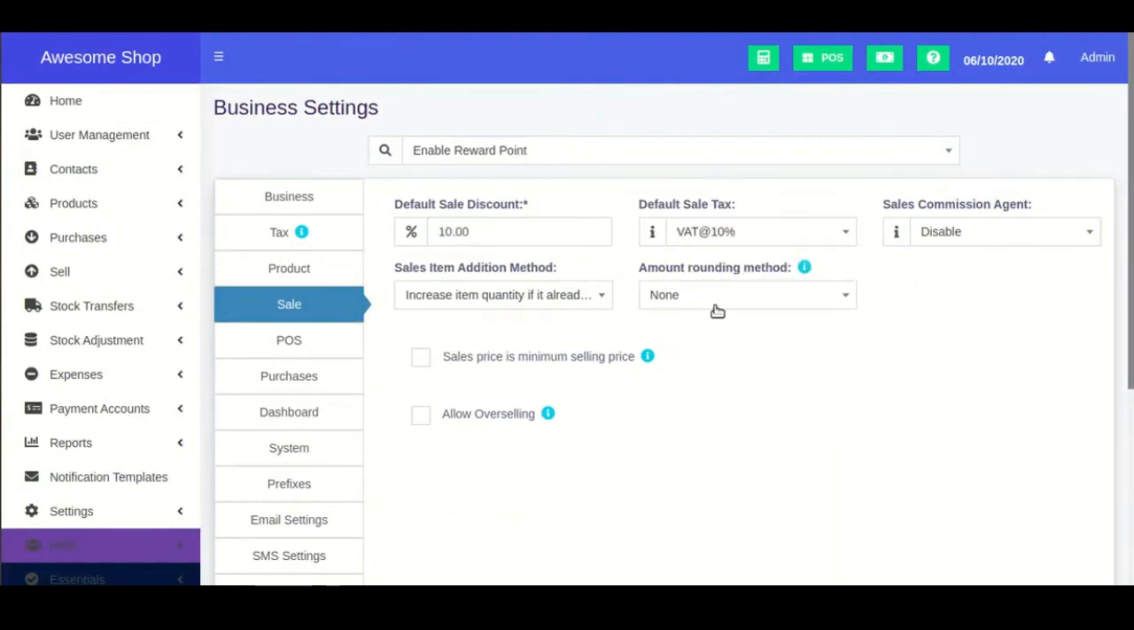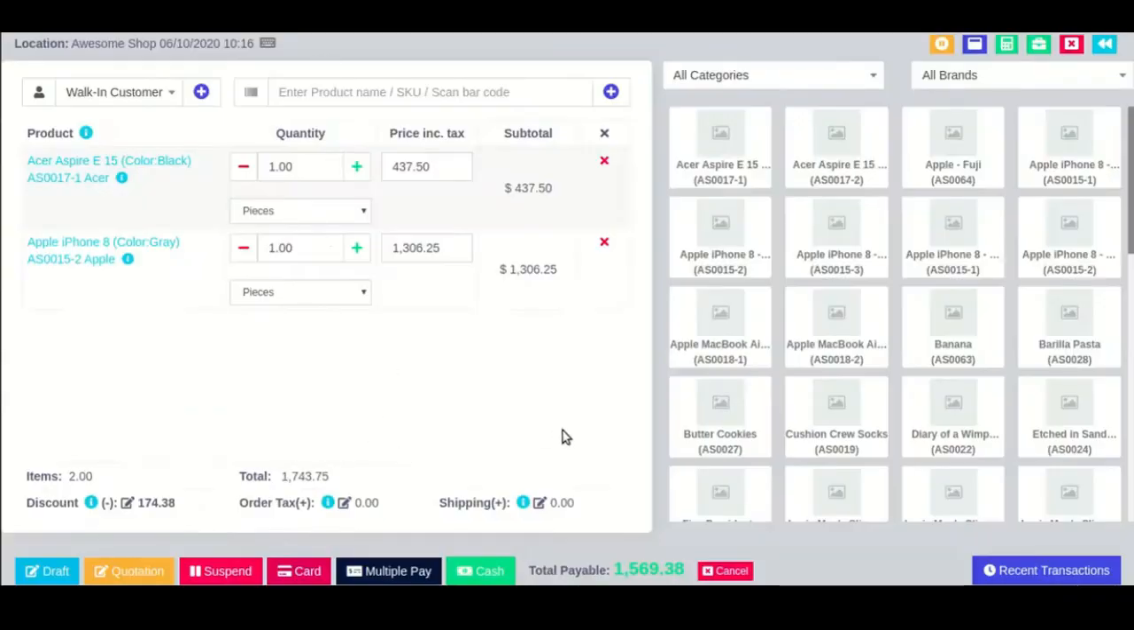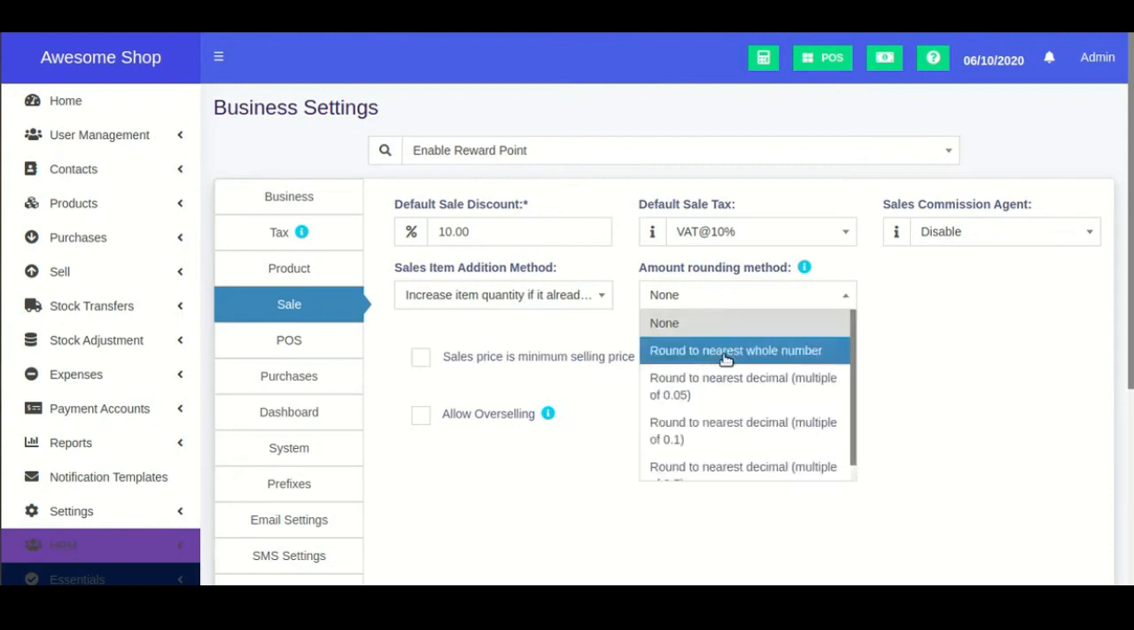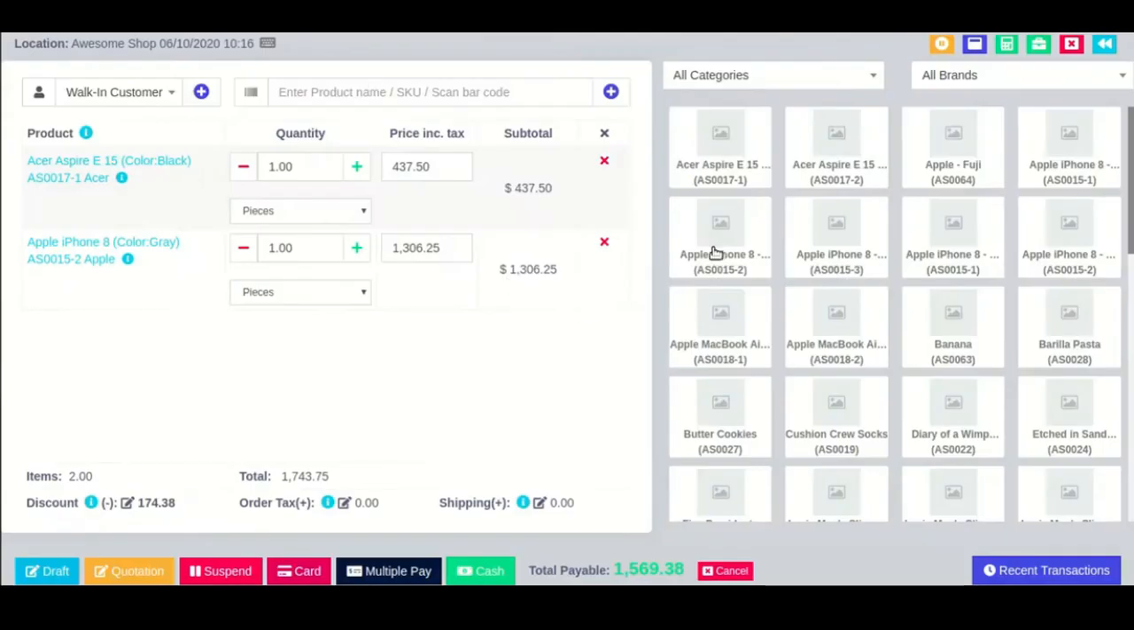Similarly, the tax which you have selected over here will be applied as a default tax in the POS screen as well as in the sales screen. Sales commission agent, item, sales item addition method, amount rounding. Like if you want to round this final value, here we have 2745.00. So like it's rounded, like it is,